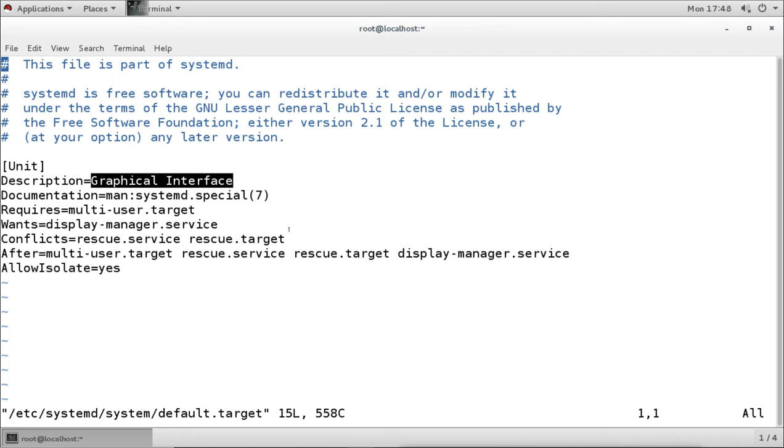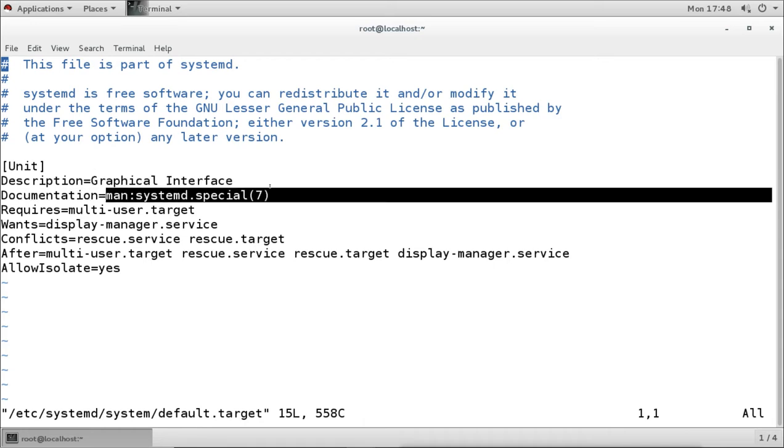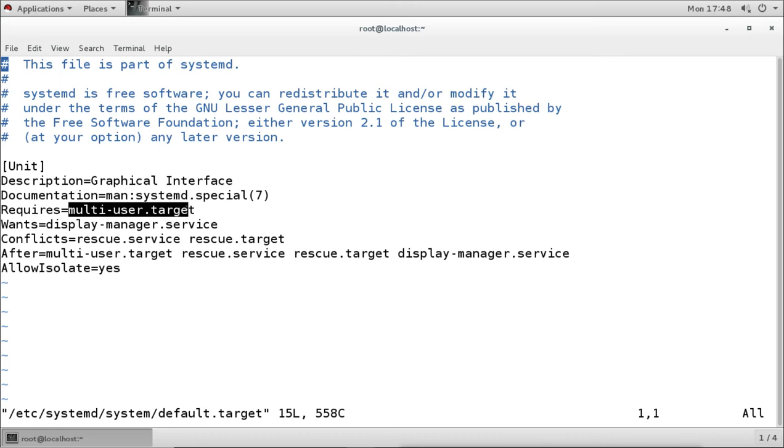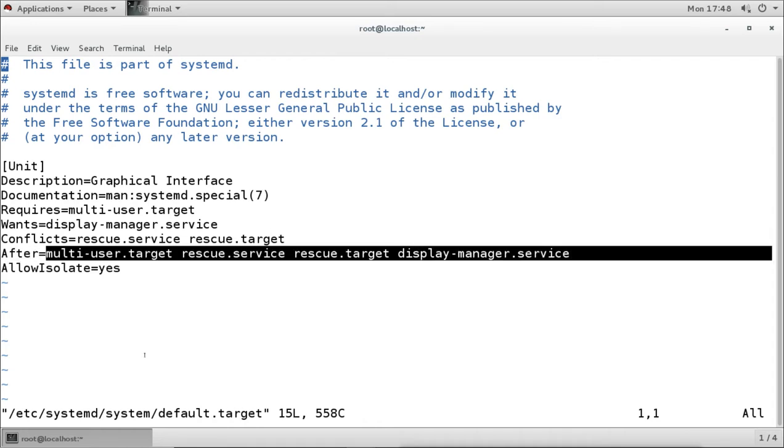We can find the documentation here, and it requires first running multi-user.target. It also wants this service, and it conflicts with rescue.service or rescue.target. If these targets or services are running, it is not going to run the graphical one, and it will only run after these targets or services. It also supports isolation.